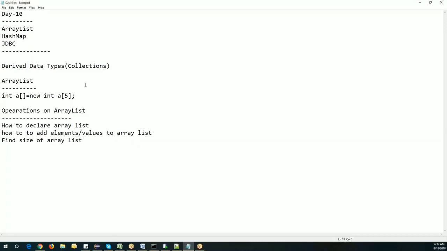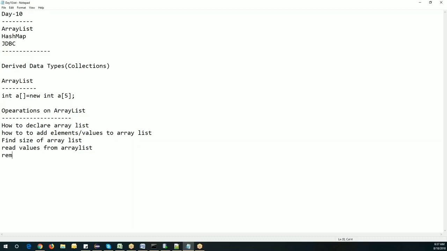This is the next action, and then we can read the values from the ArrayList. These are the operations we can do,